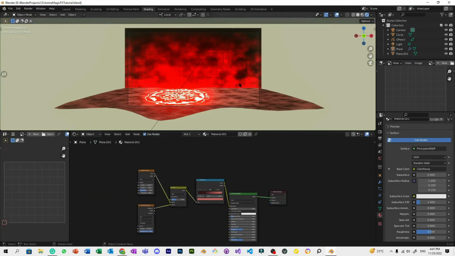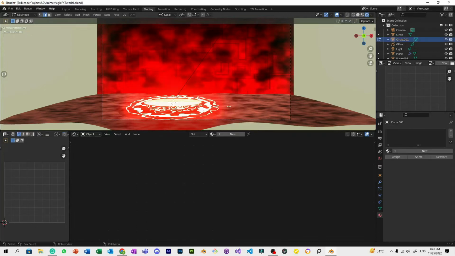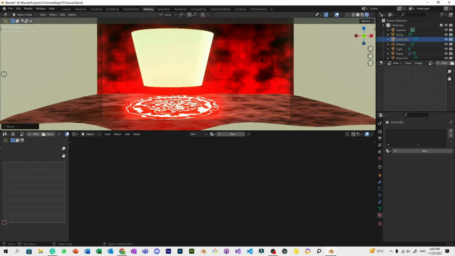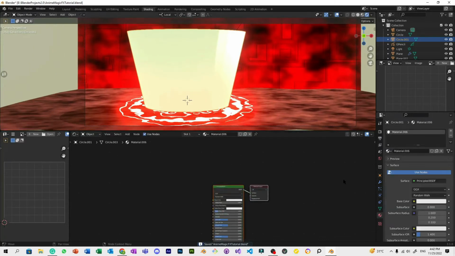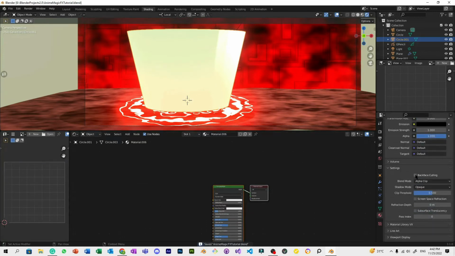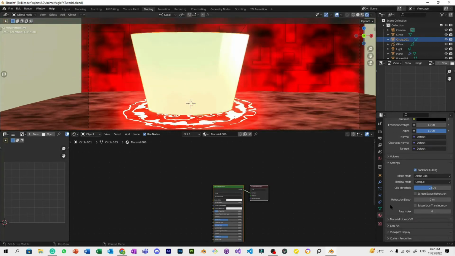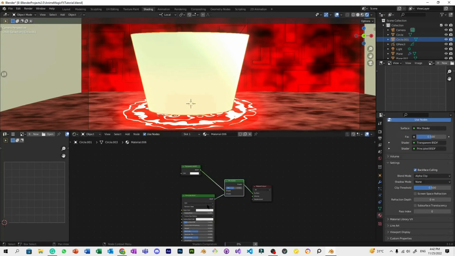So what's next is the tornado or the red particle effects. All we need to do is add a circle, F, extrude, scale, extrude to Z, smooth. Then set the blend mode to alpha clip. Check the backface culling, meaning you can only see the front part. Then remove the shadows. Now, add the transparent. Connect these two. Add the color ramp